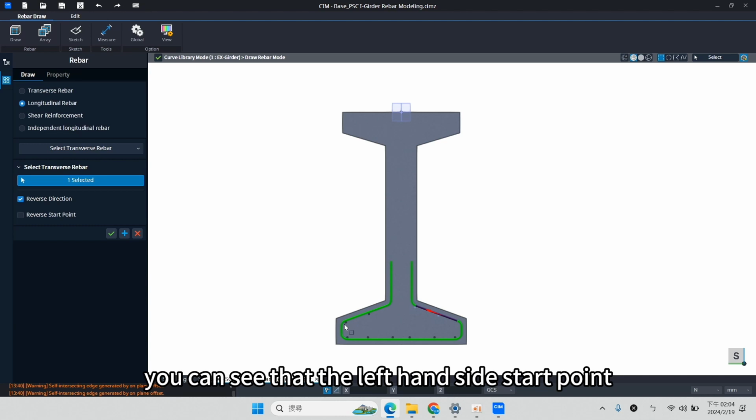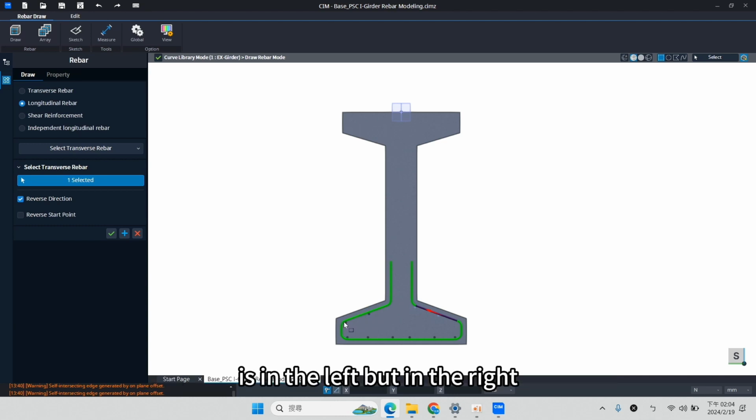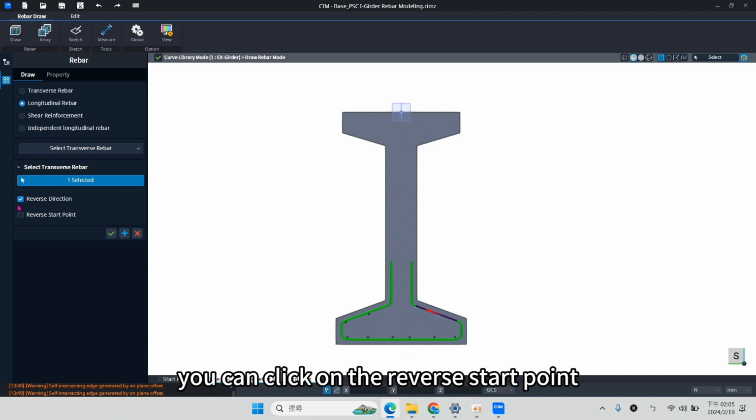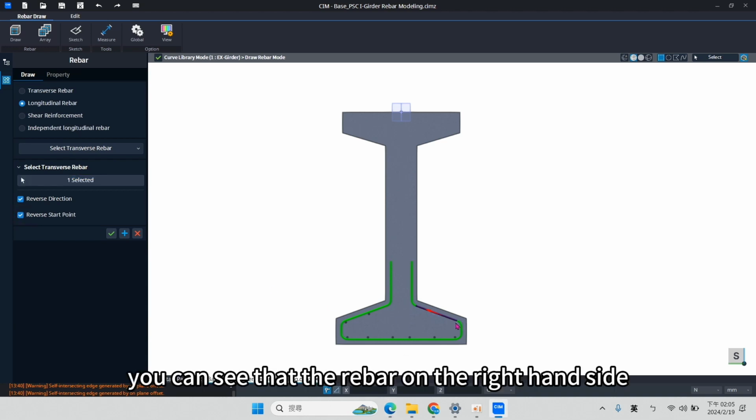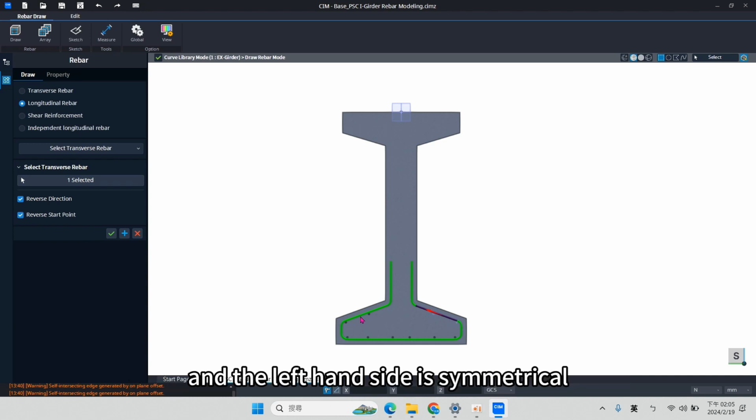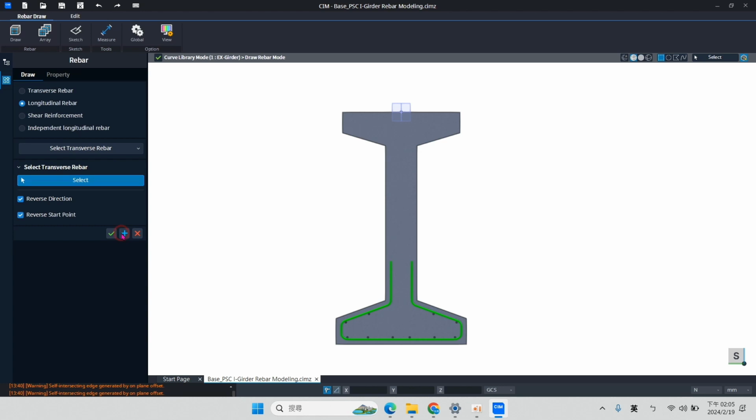You can see that the left hand side start point is in the left, but in the right, the start point is also in the left. So if you want to make the rebars symmetrical, you can click on the reverse start point. You can see that the rebar in the right hand side and the left hand side is symmetrical to each other.